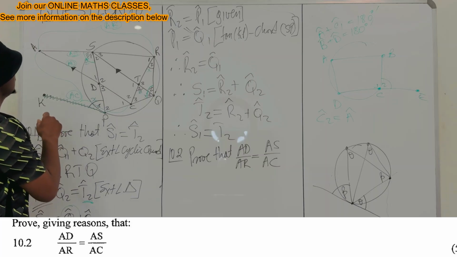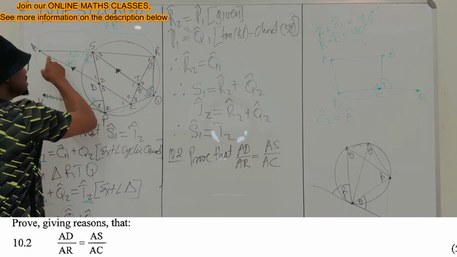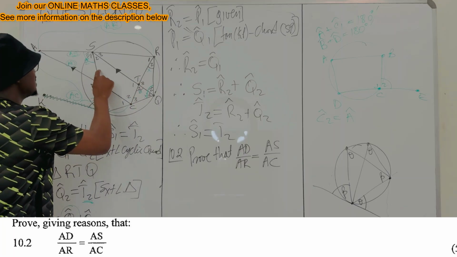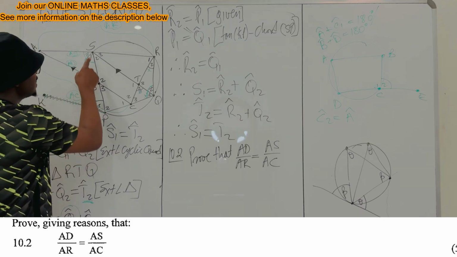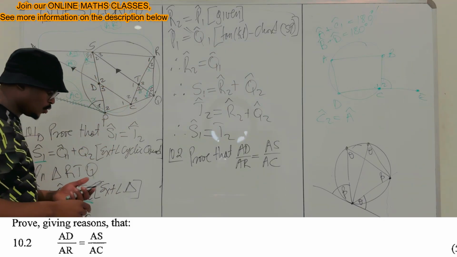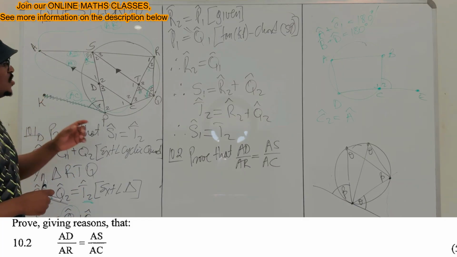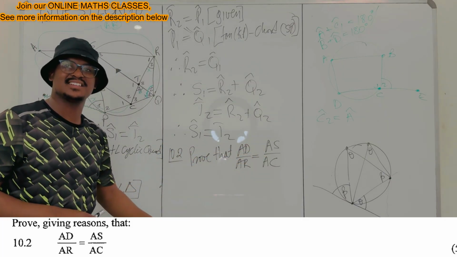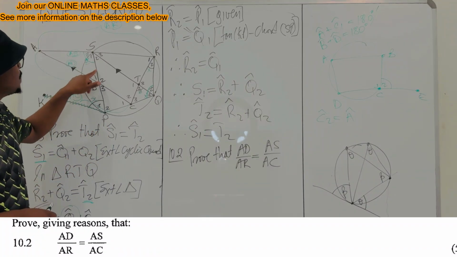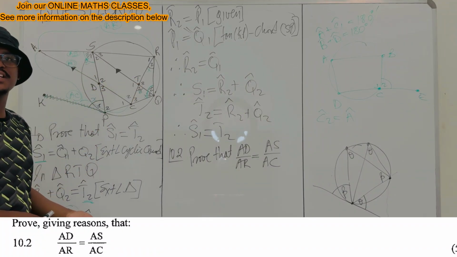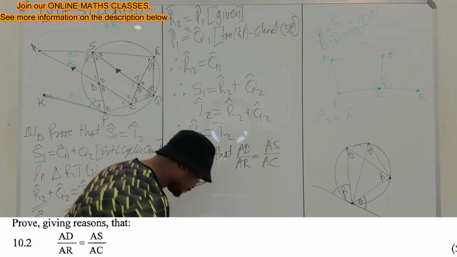So what do we do now? Let's say in triangle ACR, right? Let's say this is triangle ACR, and let's say this SD was parallel to RC. So I'm not saying this is the case. I'm just trying to find in which ways these things are related. So if this is parallel to that, I can apply my proportionality theorem and take the ratios of these corresponding sides that I have. So I'll say,